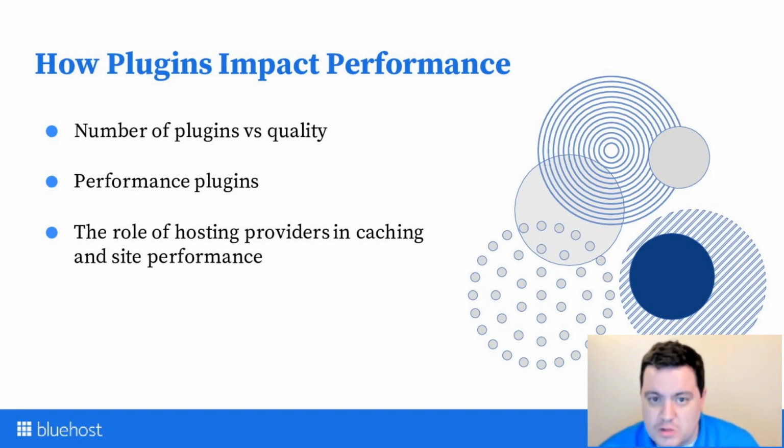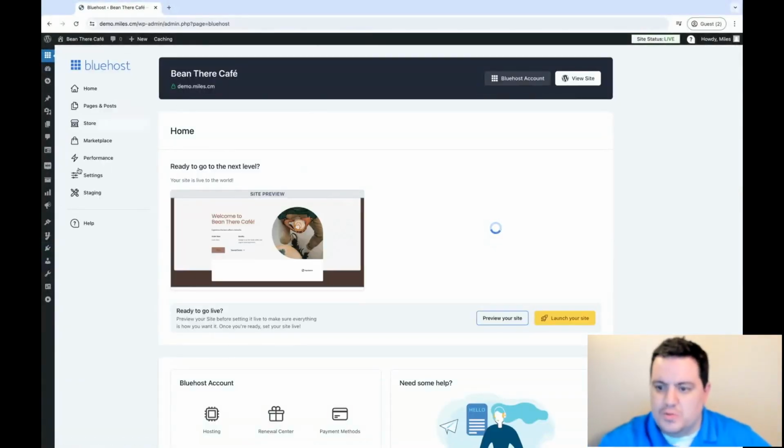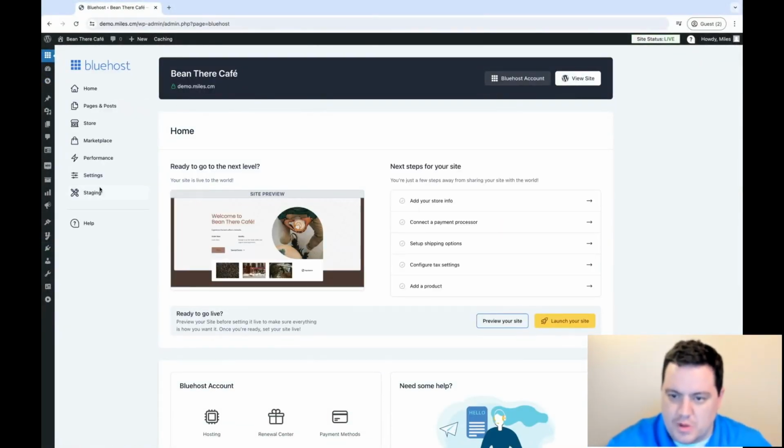So Bluehost is one, and there's many other very good hosting providers out there that, just by nature of having a WordPress hosting package, have all of that built into what you already have. It'll come with that out of the box. In the case of Bluehost, that's going to be the Bluehost plugin. Any new site on Bluehost will actually come with the Bluehost plugin, which comes with